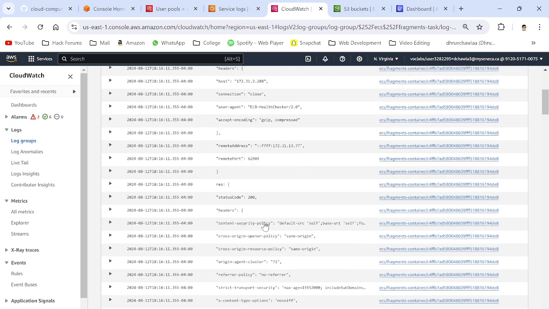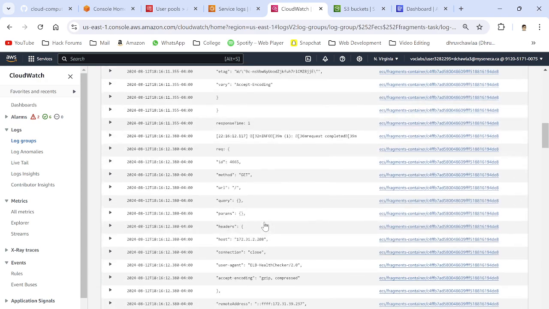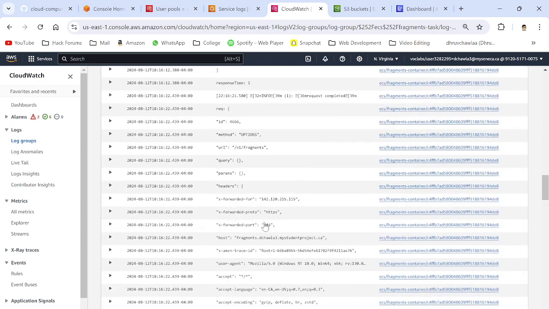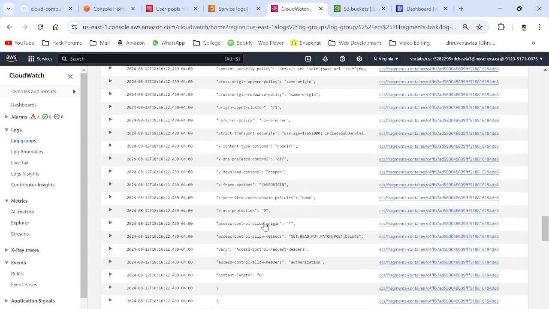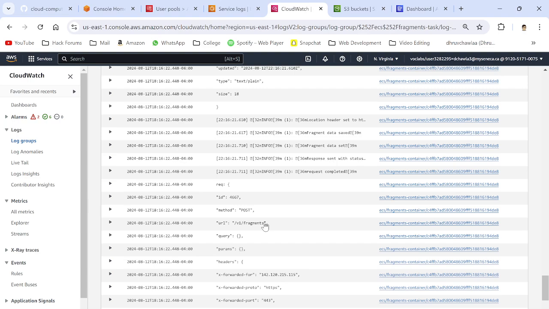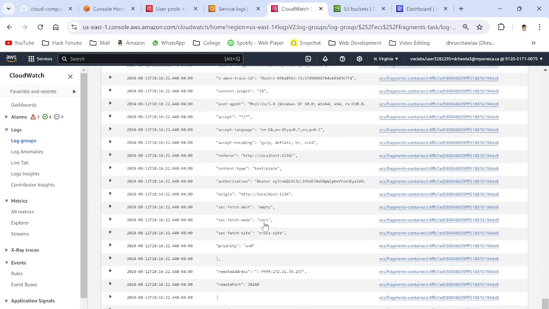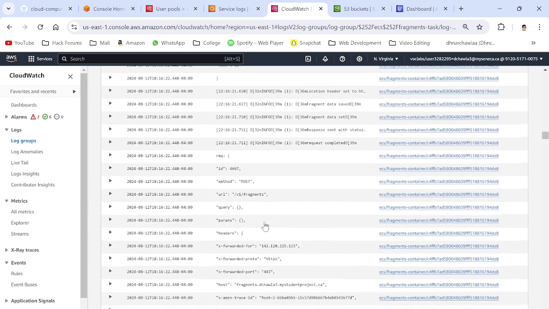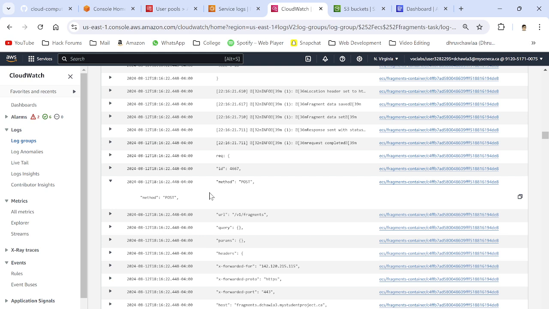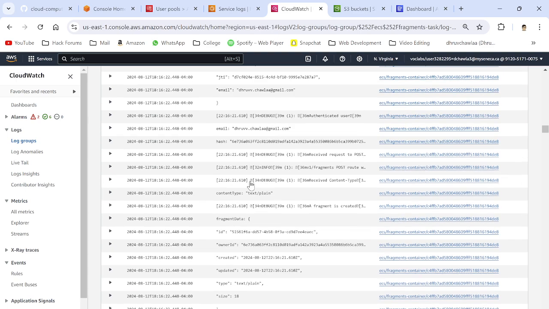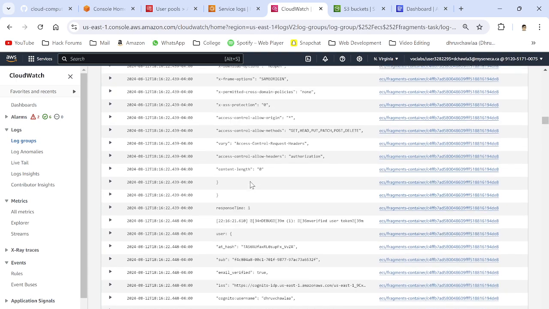All right, it should be somewhere here. Hmm, yeah, here it is. This is the post request that we just made on our server. The post request for the fragment we just created, followed by a get request to display the